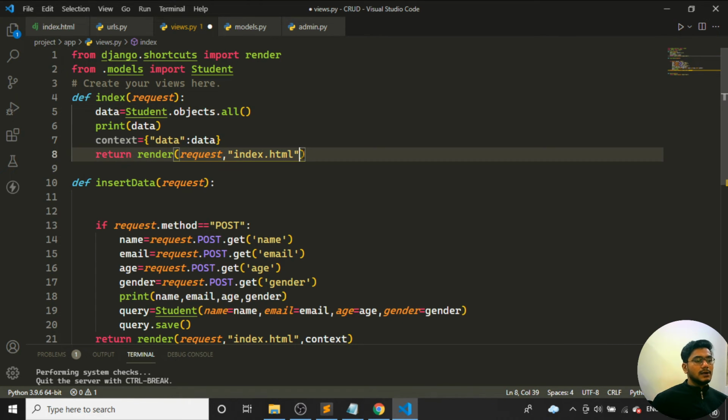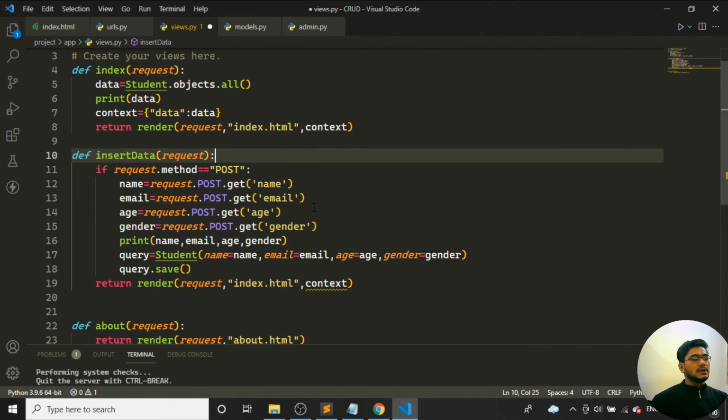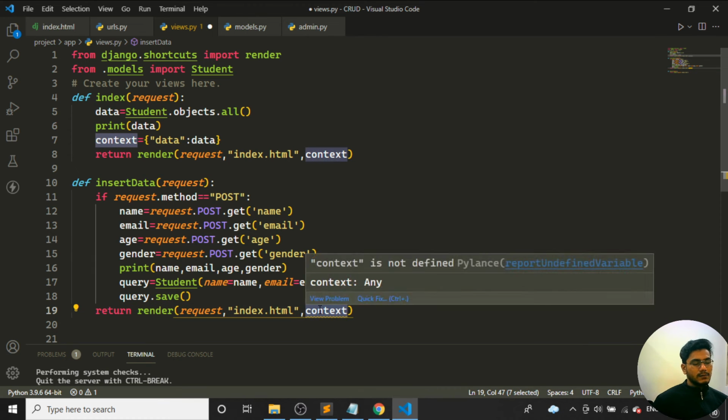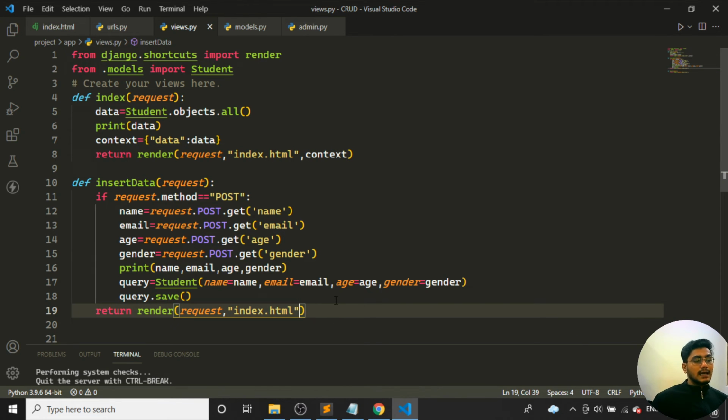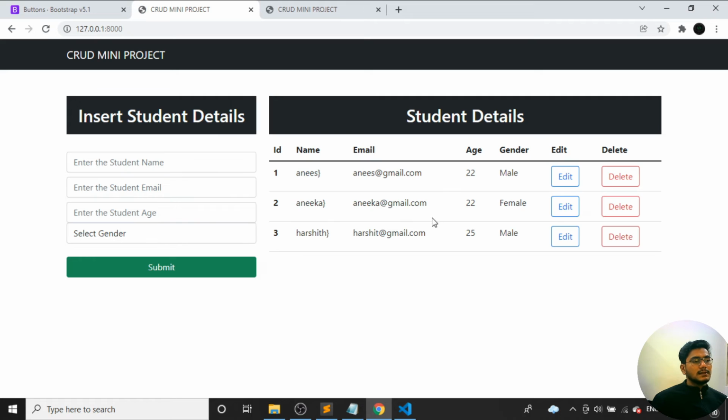Now if I pass the particular context over here, the things will work fine. Okay, so once I pass like this, it gives me an error. I need to erase it. I'll just remove it. So now 100% sure it will work, as per my knowledge. Come back and refresh. If I refresh the data, now you can see I'm getting exactly all the things here. Anish, Anika, Harshit, everything I'm getting over here. I'm getting the email address as well as the age, and the buttons also I'm able to see over here. So exactly, the things are working fine, but I'm getting one thing over here.